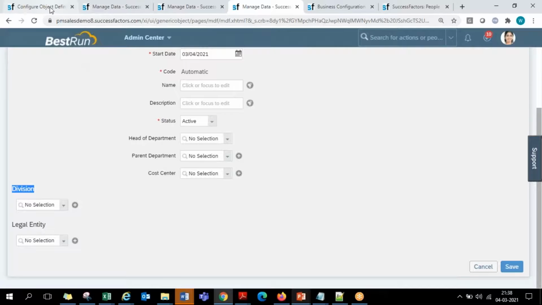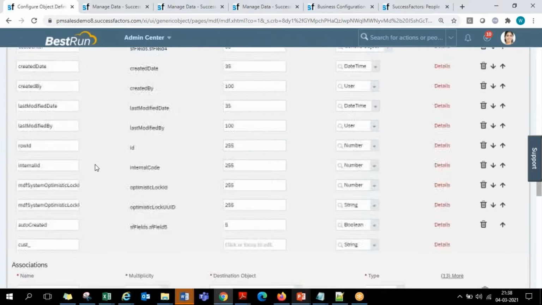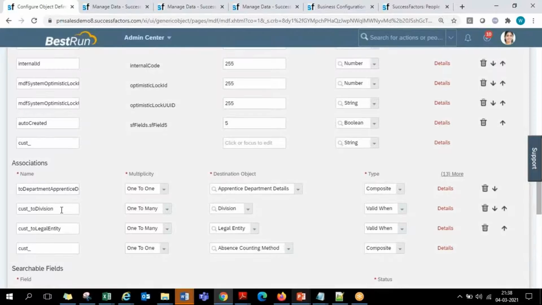When you scroll down, you have an association to its division. The department is connected with division with the same one-to-many, and division is the parent object and valid when is the association type. So whenever you're connecting your current layer with your parent layer, valid when is what you're going to use.